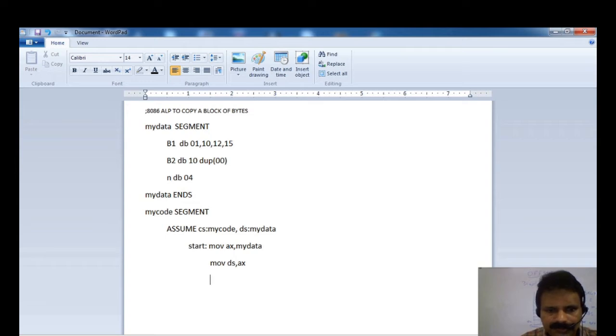Next, I want to take the values one by one from block 1 and copy them to block 2. For that purpose, I am moving to my SI, where SI means the source index register, the offset of B1.